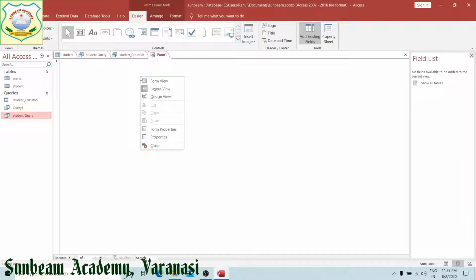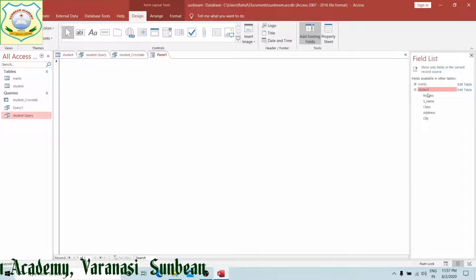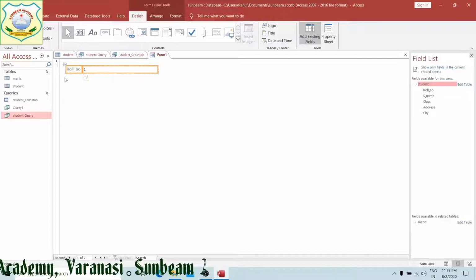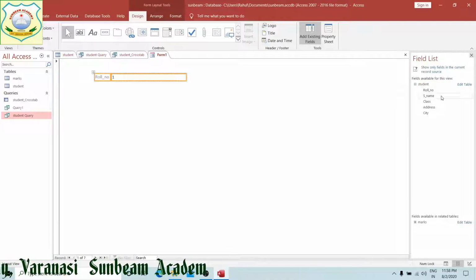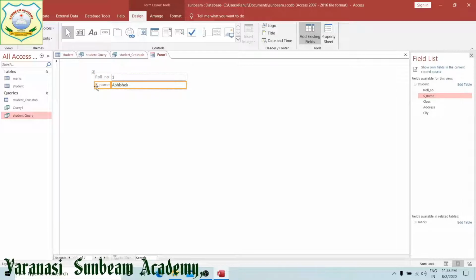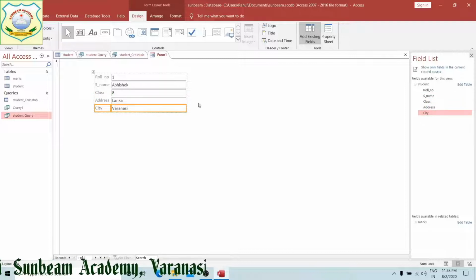Into this, show all tables from here, students, roll number. This has come here, right? Wherever you want to put it, you can put it as per your requirement. Now next, student's name. I am going to take this student's name here only. Suppose this one, class, then address, then city. This is for roll number 1, right?